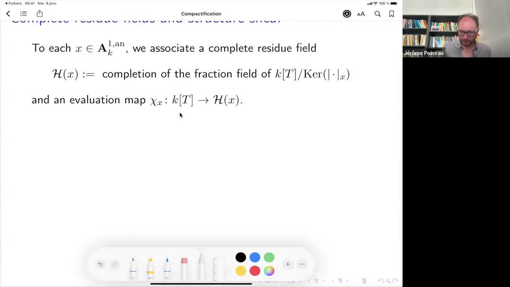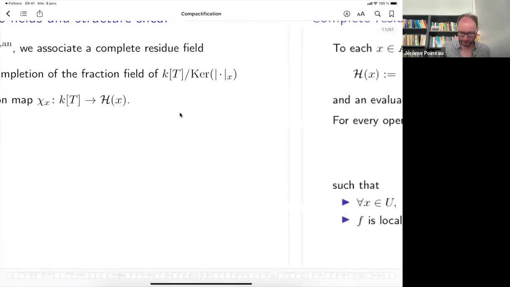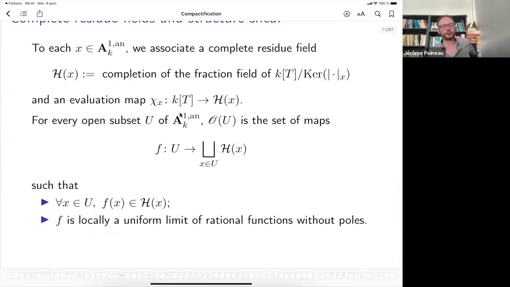Okay, and then this is a definition of the structure sheaf. You take any open set U, and you take maps that go from U to the disjoint union of the residue fields. So it's a bit silly, just saying that to each point x in U, you associate some value inside the residue field.